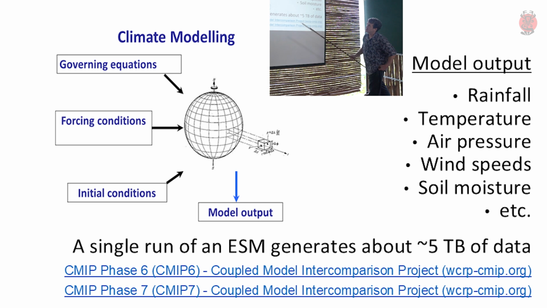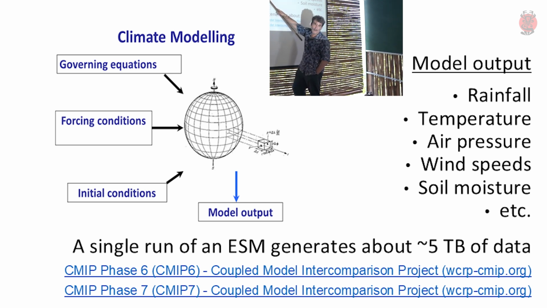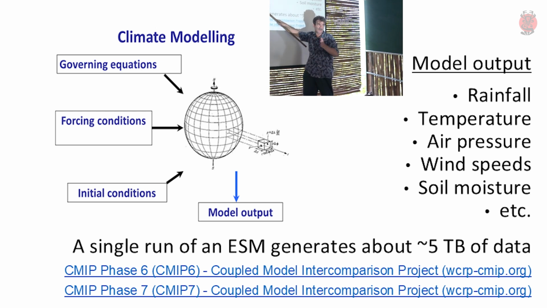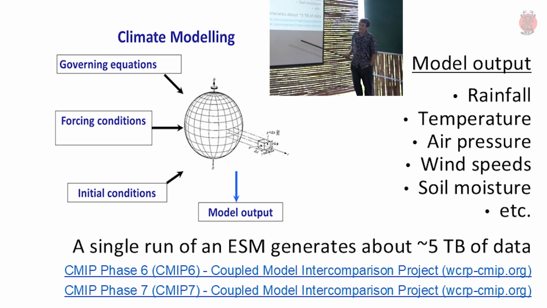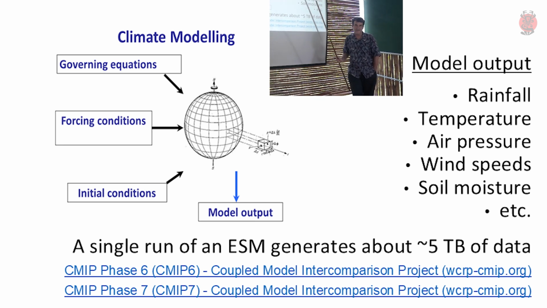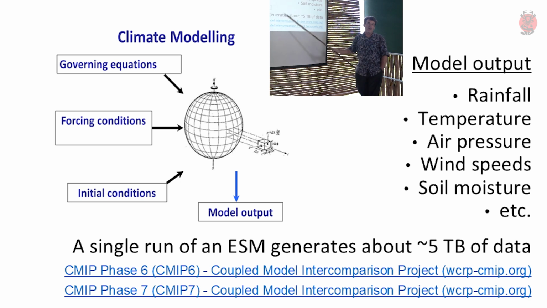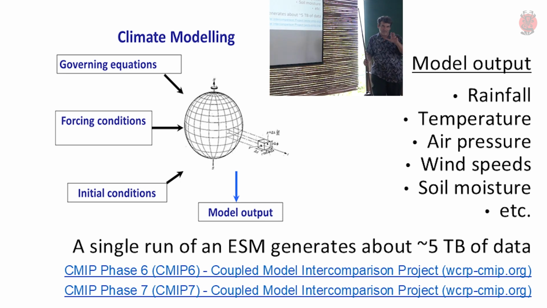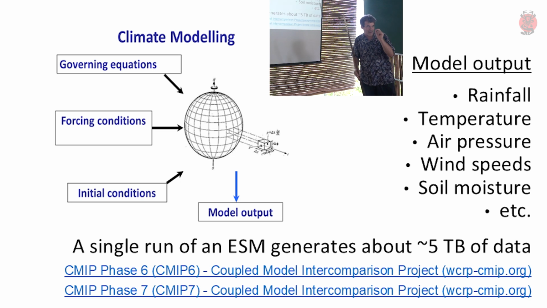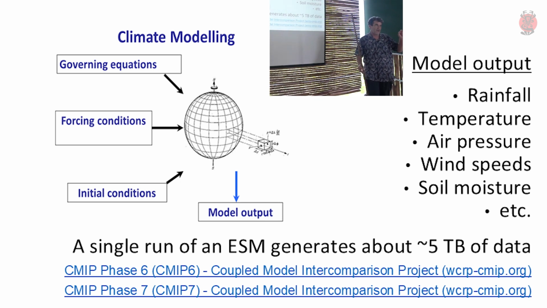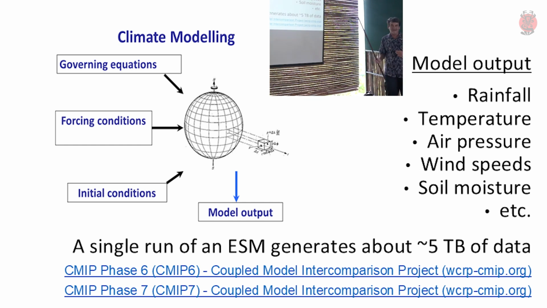Okay, so you've got your model, your ESM, GCM, you've got your forcing condition, you have the various ones you want to play with, you've got your initial conditions, you whack it in, you wait however many days, I don't know, I don't do this, and it puts out output. If anyone wants to get the output, these hyperlinks link you to the data sets. So part of our transparency process on this work is all of the data sets that I talk about and all of the scientific papers that we refer to are hyperlinked in the document, so you can go and check yourself, although we've done a lot of the cleaning work.